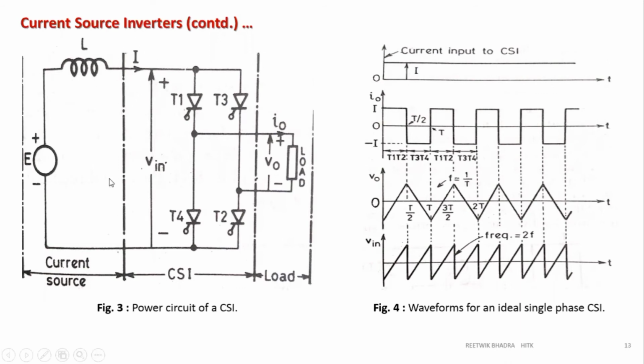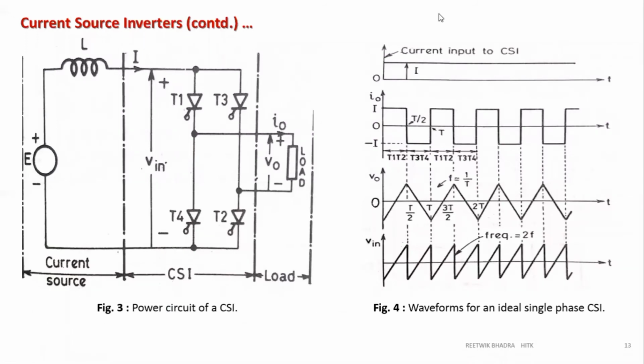Okay. Now this is a power circuit over here, which includes the four thyristors T1, T2, T3, T4, and the load drawn with positive directions of current and voltage. So plus and minus, there is a rise in potential in the upward direction, as you can see. So this will be plus, this will be minus across the load, and current flows into the load. So this direction of current I0 and polarity of voltage V0 will be treated as positive. So this is my CSI. This is my constant current source. So this is my load.